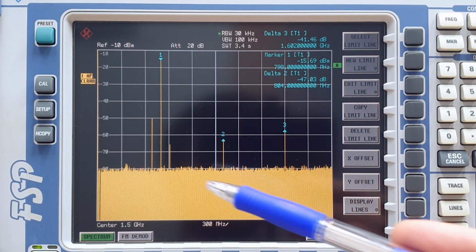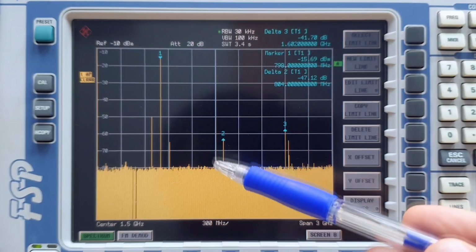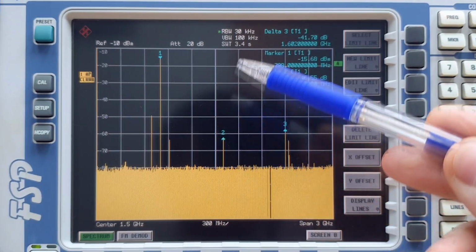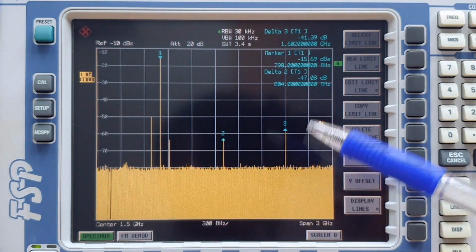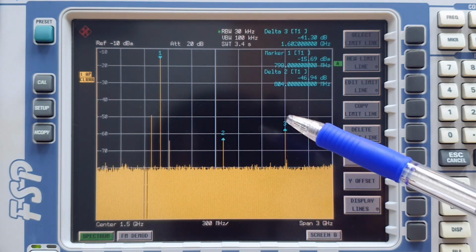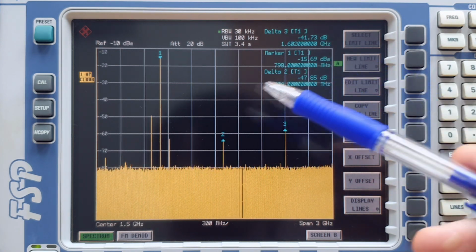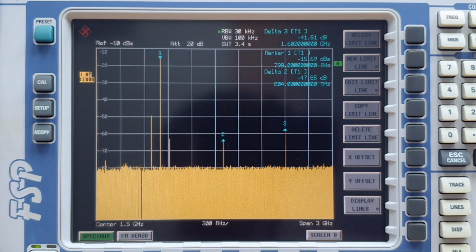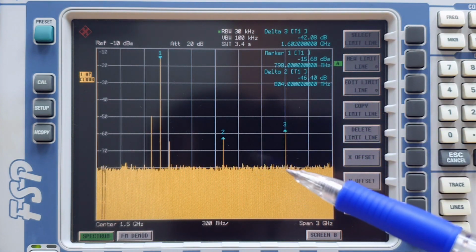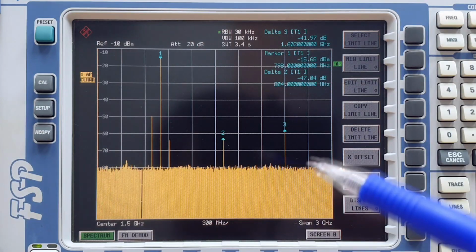The input signal leakage is almost 50 dB below the output, so very nice isolation of the input to the output. And you can see that harmonic distortion of the output is also very low. The third harmonic here of the output is at negative 40 dB in comparison to the power of the input. The low distortion happens because the amplifier I used is tuned to the output frequency, as we're gonna see now